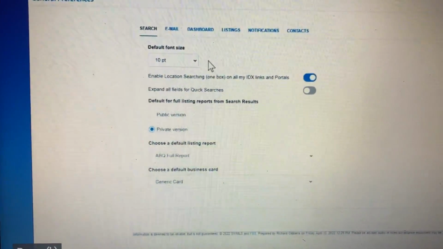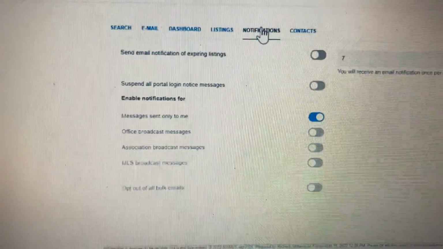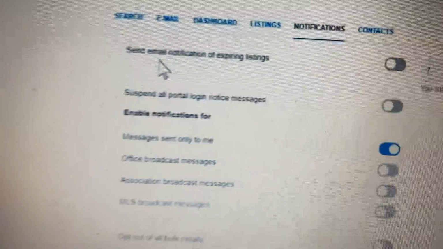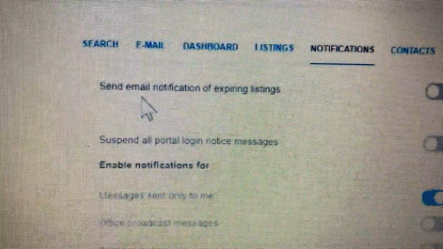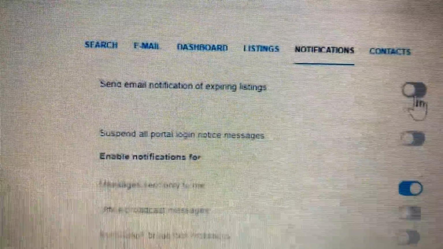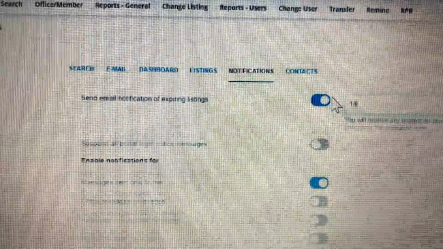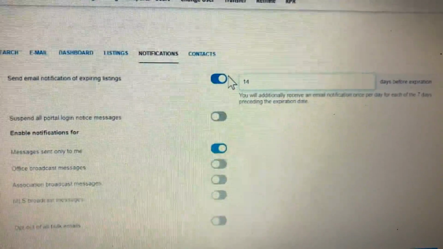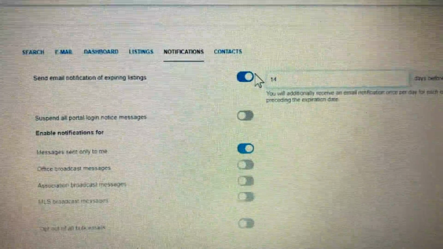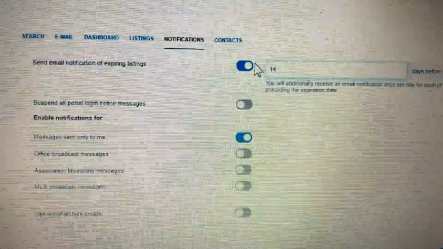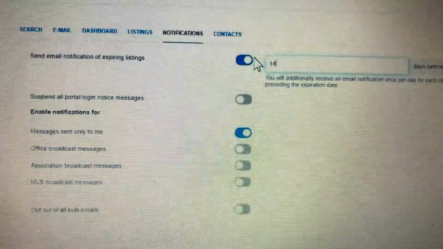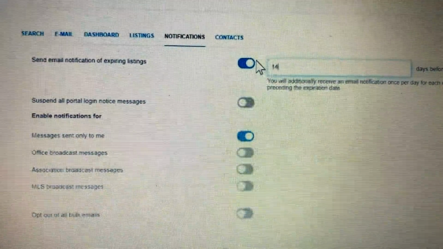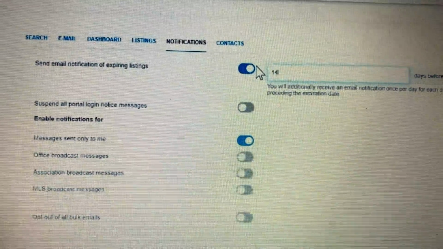The first and the most popular is right here under the Notifications tab. You have this very first one that says Send Email of Expiring Listings. So what this will do is if you turn this on and you set a number of days here, Flex will send you an email when you have a listing that's about to expire, warning you, hey, this is about to expire. So if you set it for anything longer than 7 days, like I'll use 14 days as an example here, it'll send you an email on day 14, and then it'll send you an email again on day